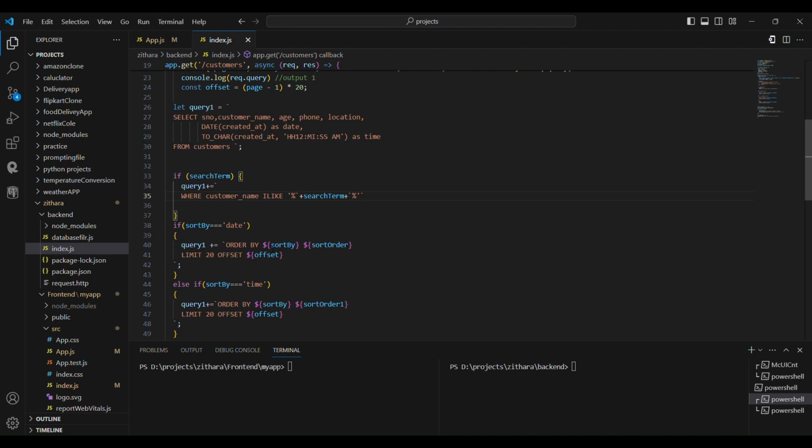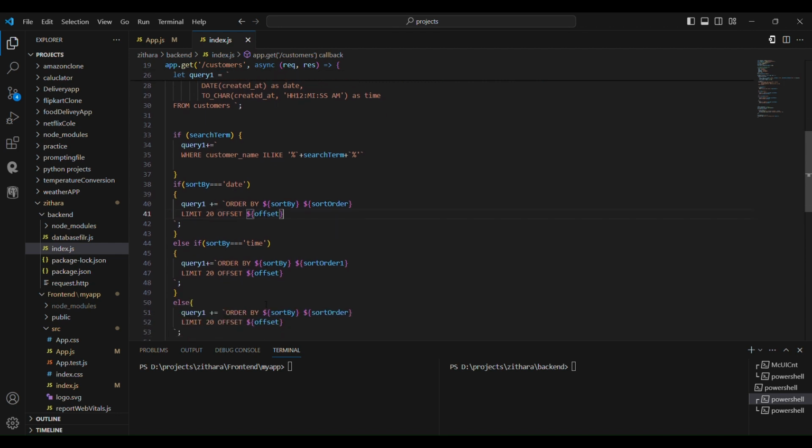Here the sort by and sort order are the dynamic values. So the sort by will be the date, and the sort order will be according to the user click, which will be limited up to 20 records per page. And also the offset reflects the page. And in the else if, the same as date also applies for time. So in query one, the query one will be concatenated with this order by,